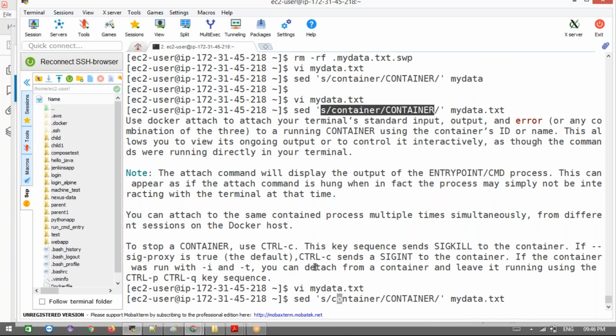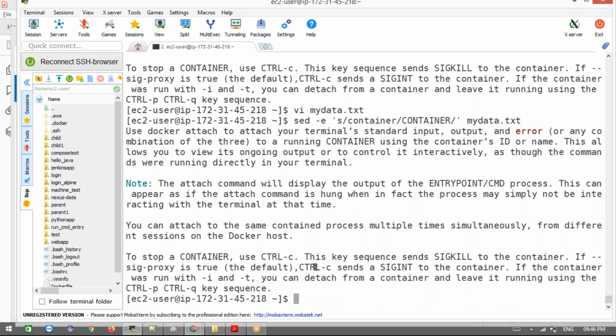Now you want to persist this. Use sed -e. Just do this. Now see here, wherever you have that small container, we can see here container, and wherever we have small containers, this will be replaced with this big Container. Now what happened here? Only the first letter was done, the second one is not done actually. Now you want to make it so that every place is done, then what do you do?